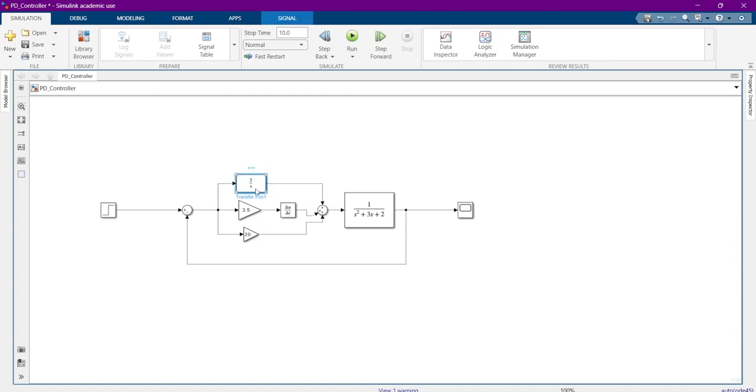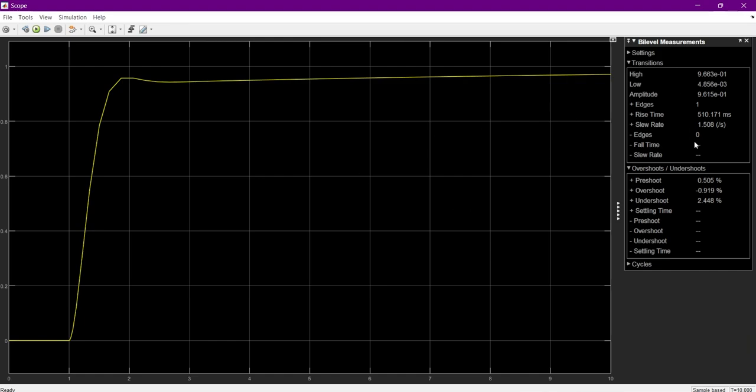This is the integral action. These both combined are the derivative action, and this is the proportional action. Now let's just run this system and have a look at its response. Okay, we see that the overshoot of the system is even a minus overshoot. This is not that reasonable, but yeah, it's almost